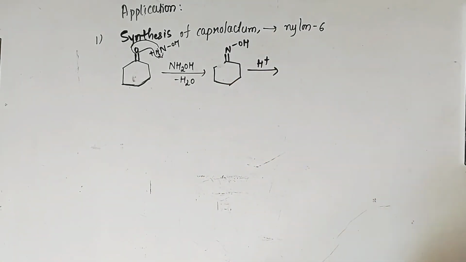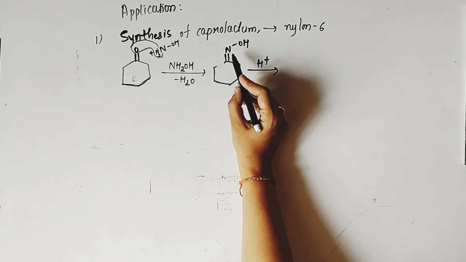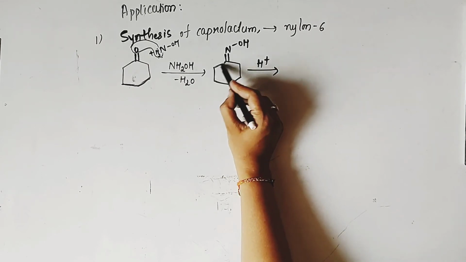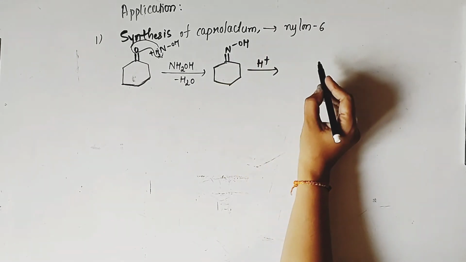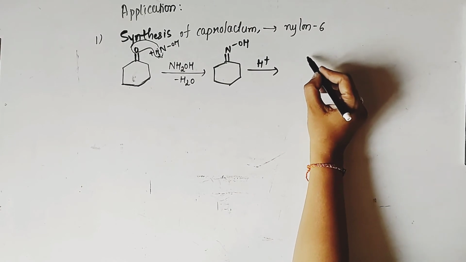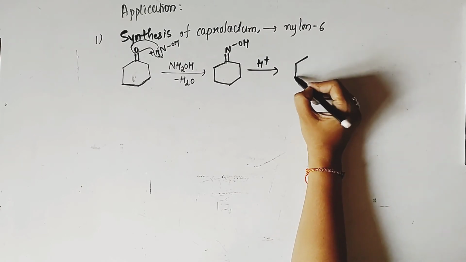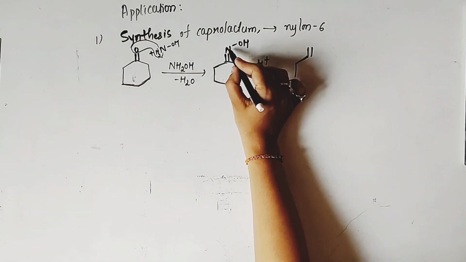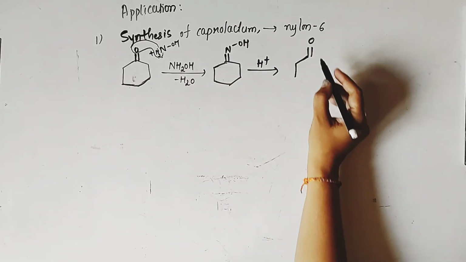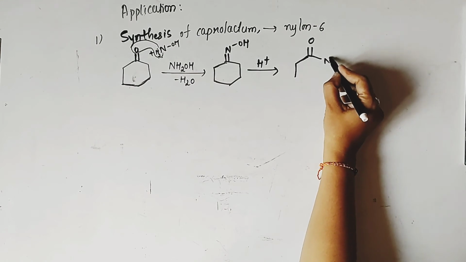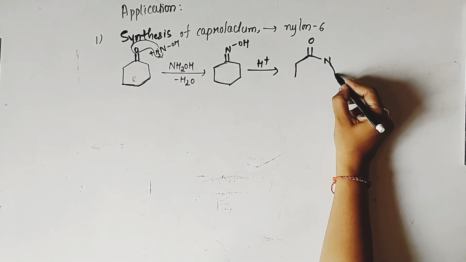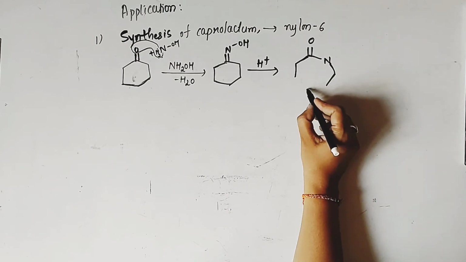Just keep in your mind, the carbon which is directly attached to the nitrogen with a double bond is converted into a ketonic group. So simply this group will migrate here and we will get the compound somewhat like this. This is caprolactam. This carbon which is attached to the nitrogen has now become a ketone, and this is our nitrogen, and here once again we have the remaining structure.